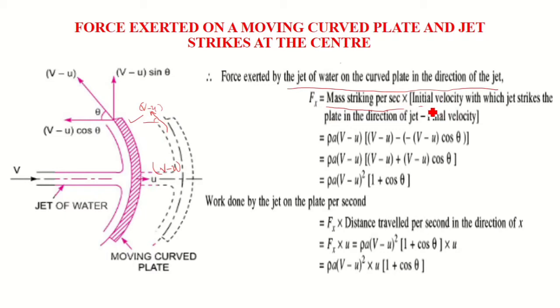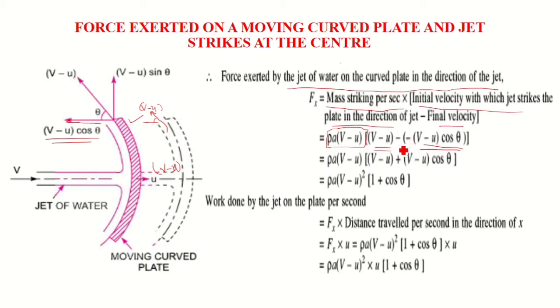Initial velocity with which the jet strikes the plate in the direction of the jet minus the final velocity. So mass per second is rho a (v minus u). The initial velocity with which the jet strikes the plate is v minus u. And the final velocity is in the x direction, so the final velocity will be (v minus u) cos theta, but it is moving in the opposite direction, so an additional negative